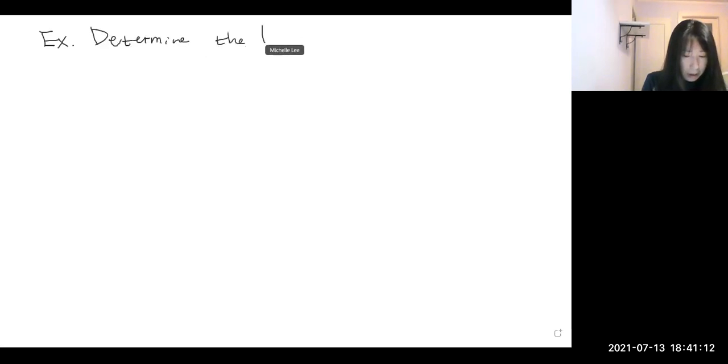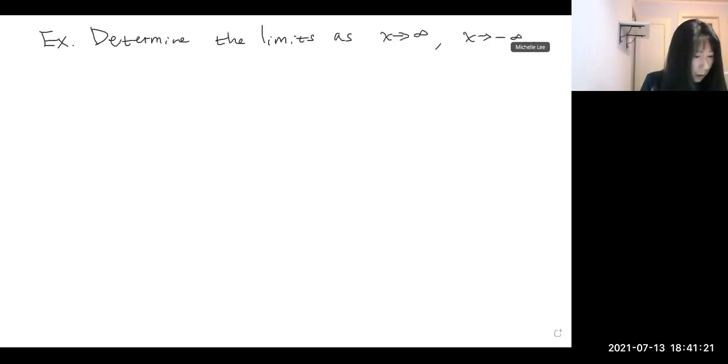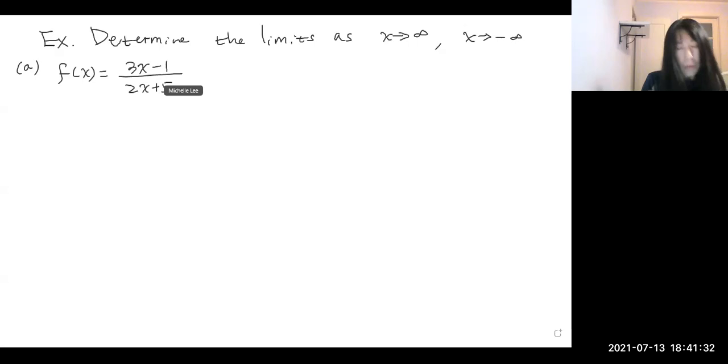Determine the limits as x approaches positive infinity and as x approaches negative infinity. All right, so there's a technique. What kind of technique? We're looking at the highest power, the highest power of x, which is first degree in this case. So what we do, we take the limit,